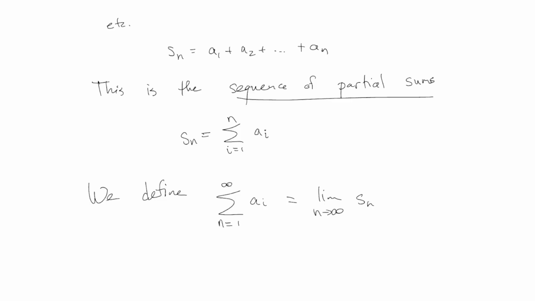You add, say, the first 5 of them, or the first 6 of them, or the first 7 of them. You do all of those, and you take the limit as n goes to infinity, and that's what it means to add together all infinitely many of them. You imagine adding all of them up to a certain point, and then you take that point to infinity. All right? So this is the true definition of what it means to add together the terms of a sequence.